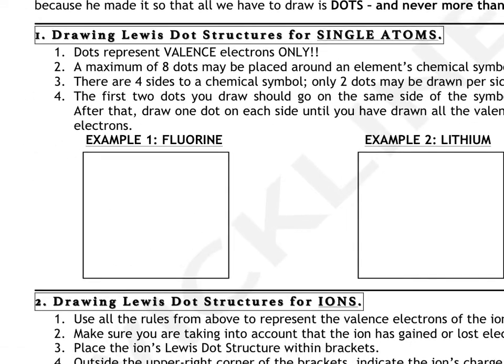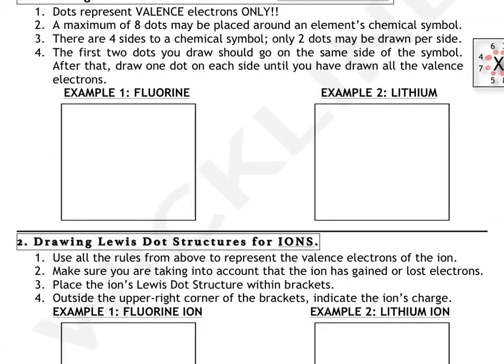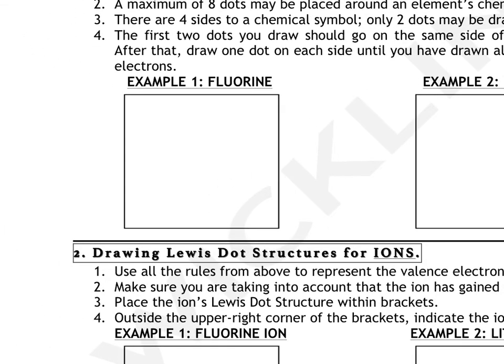Alright, so let's do an example for fluorine. Fluorine is in group 17, and therefore it has 7 valence electrons. I'm going to put the first 2 together, and I need to include 7 electrons, so I need to include 5 more. Remember, from here I'm going to put 1 electron per side and alternate sides until I come back to the beginning. So if I put in my first 2, here's my third,